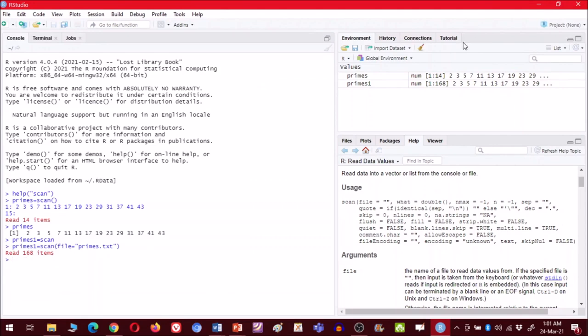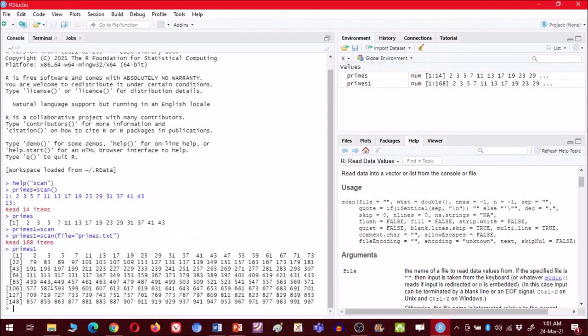That means all the data. Now you can see here also that it has stored all the primes. So let us see what primes are stored in this. When I click this primes1, it is containing 168 prime numbers, which are smaller than 1000. So this is how you can store data against some variable. As you can see, 2 and so on, all these are stored here. So in total 168 prime numbers are stored in this primes1 variable.